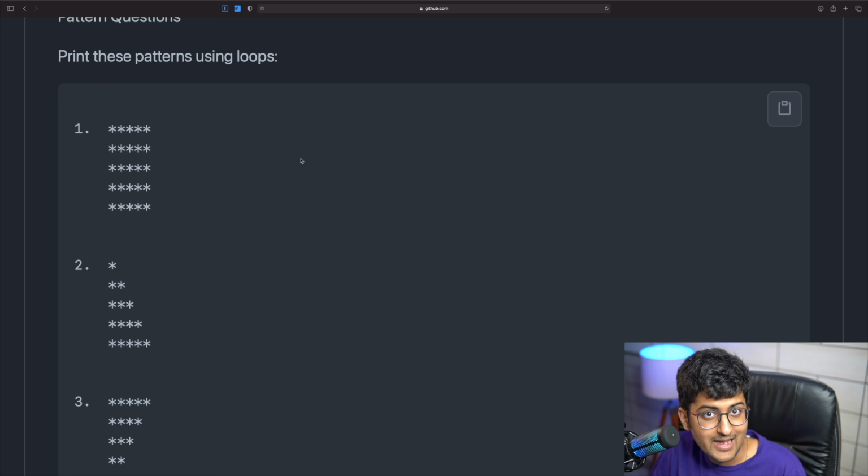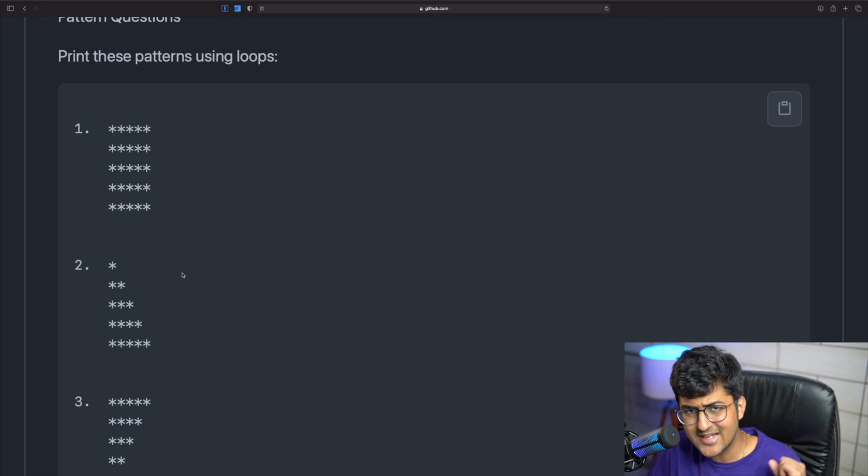Rarely, sometimes I have heard about experiences where patterns are asked in coding interviews. Like my friend, he went to give an interview for a role at a company. There they asked some pattern questions. But to be quite frank, no one really asks this. In an interview, directly, no one will ask this.